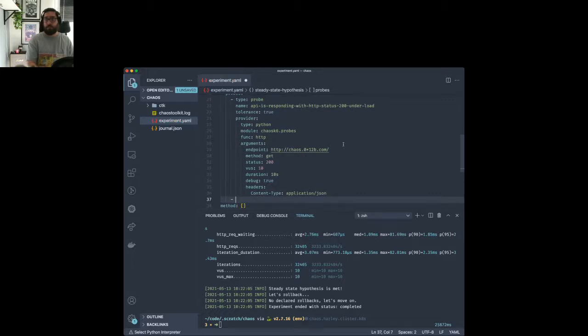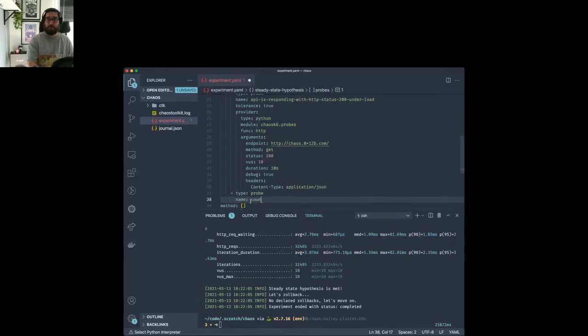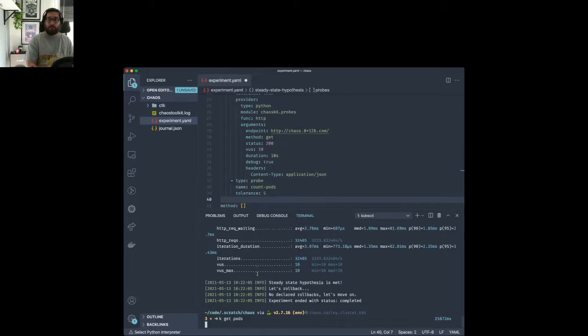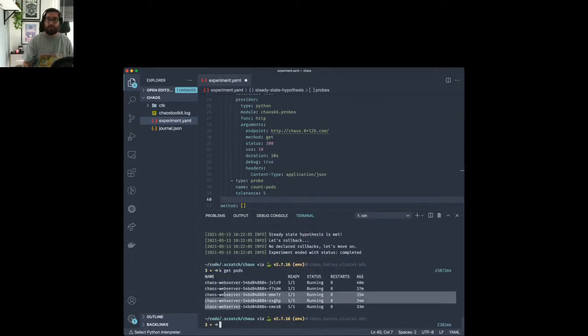So the second probe we'll be adding is a probe that will help us check whether the pods recover in a timely fashion. So we have another probe that we'll name count pods. The tolerance for this probe will be 5. So we're expecting our pods that we showed earlier to be 5, right?